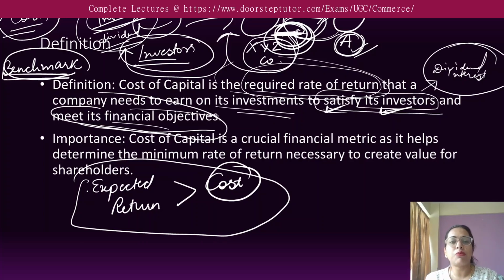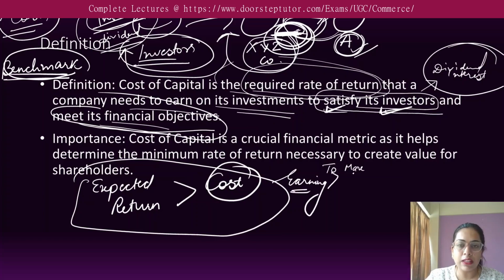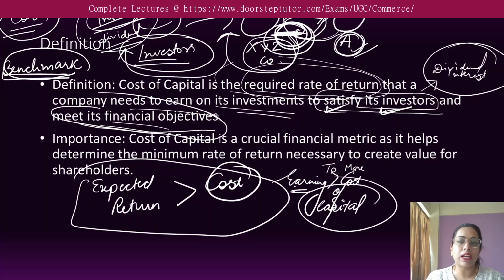Only then will the investment be profitable, worthwhile, worthy to invest in, otherwise we will not invest in that project. So a firm can achieve its objective. The objective of a firm is to maximize the value for shareholders. Maximizing the shareholders' wealth can be achieved only if the earnings of the company are more than the cost of capital. If the earnings of the company are more than the cost of capital, only then can the objective of creating value for shareholders be